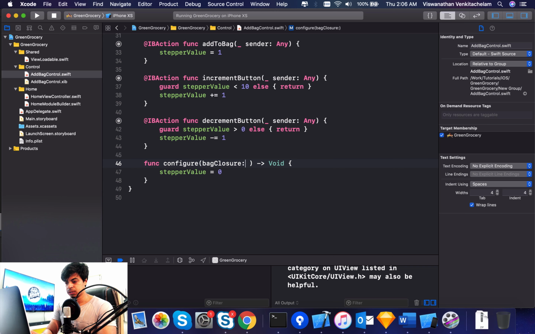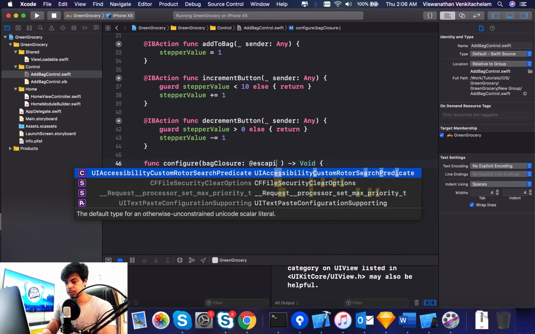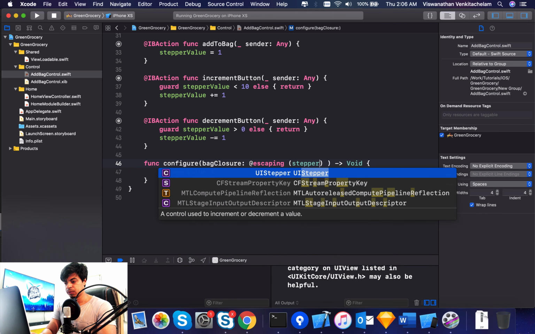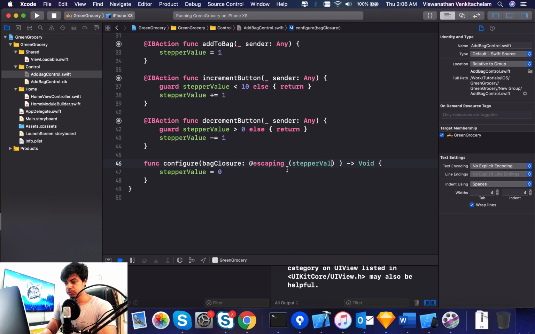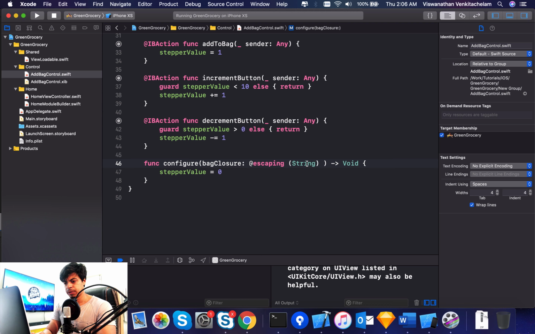Bag closure, keep it as escaping, and then let's just return this stepper value, which will be of type string, or maybe okay, let's return an int here, and it's just void. So that's my closure,